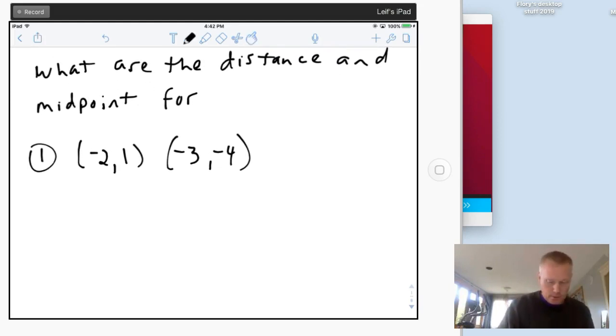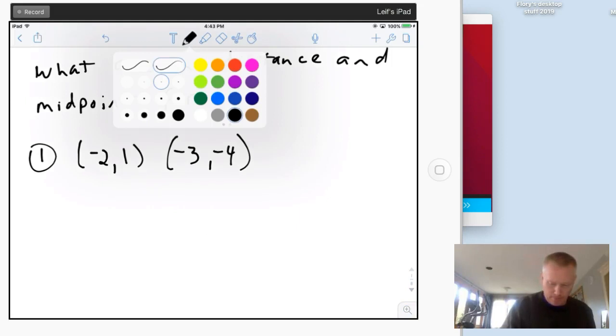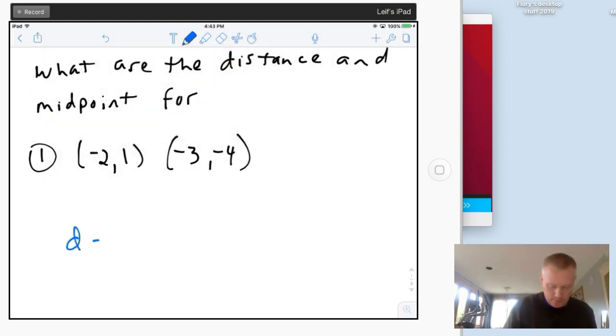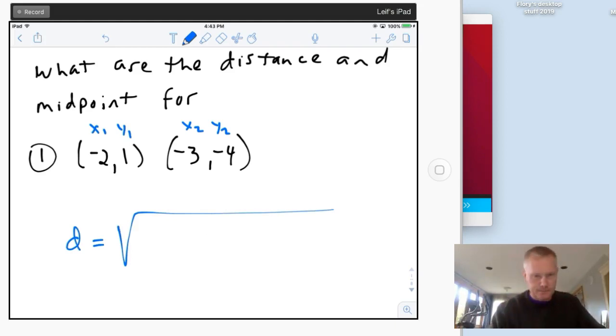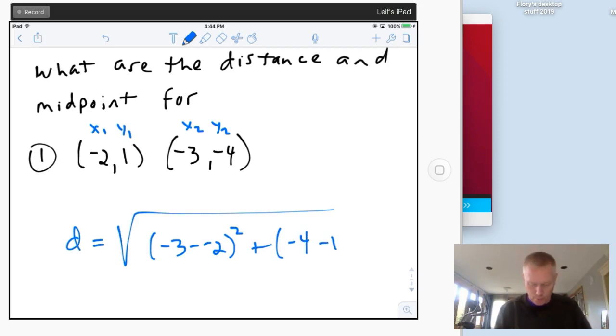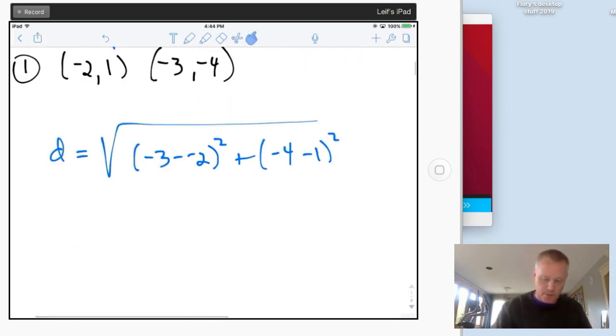So I think I'll do the distance first. So distance. I'm going to have this be x1, y1, and this one can be x2, y2. And when I plug them in, I get -3 minus -2 squared plus -4 minus 1 squared. Remember, these are in parentheses, so if you get a negative number in there, it becomes